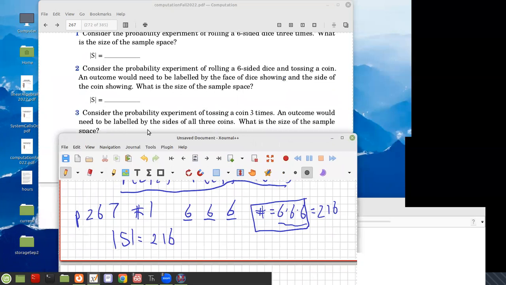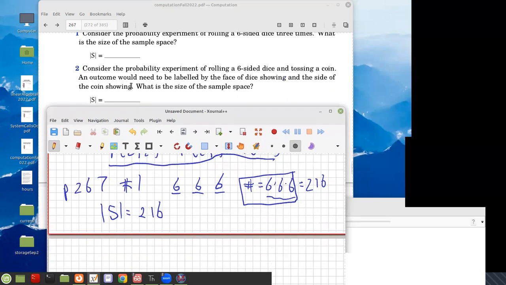Okay, now let's try this one, which is a little bit more unusual experiment, which is also on page 267. It is number 2, which is consider the probability experiment of rolling a six-sided dice and tossing a coin. An outcome would need to be labeled by the face of the dice showing and the side of the coin. So what is the size of the sample space? And so I will